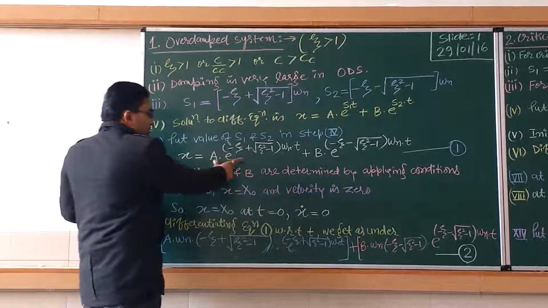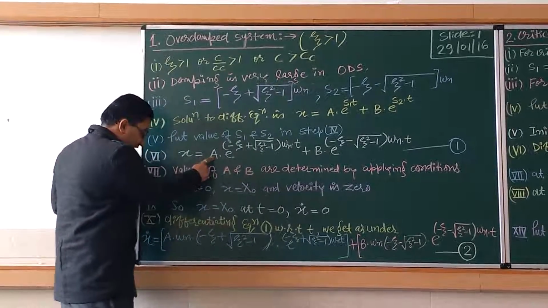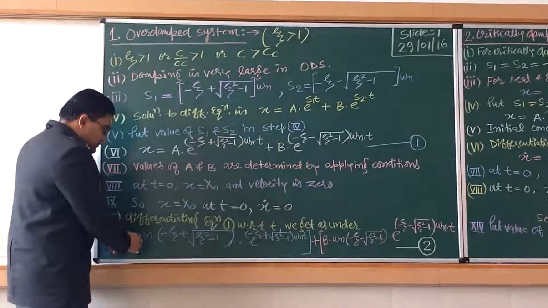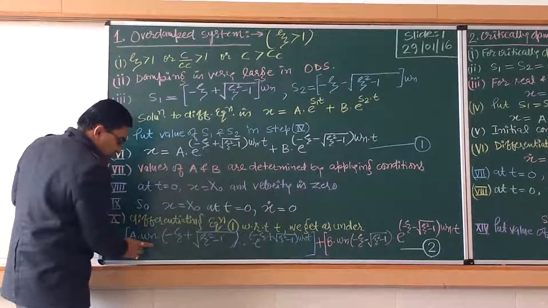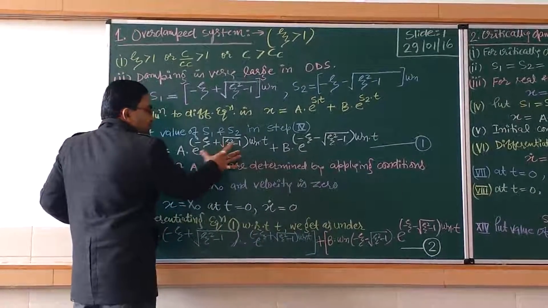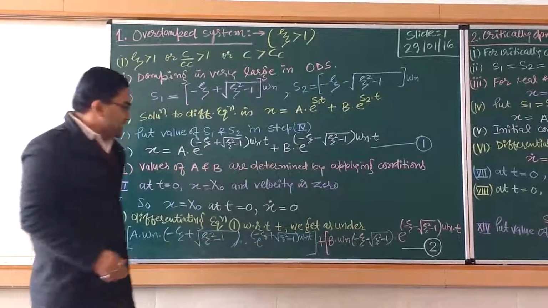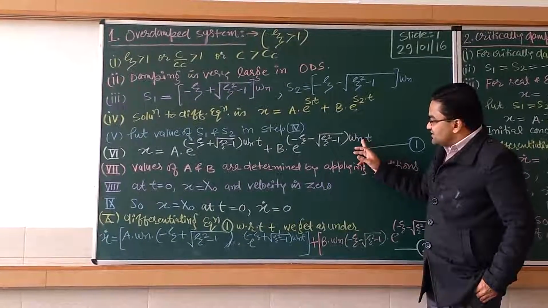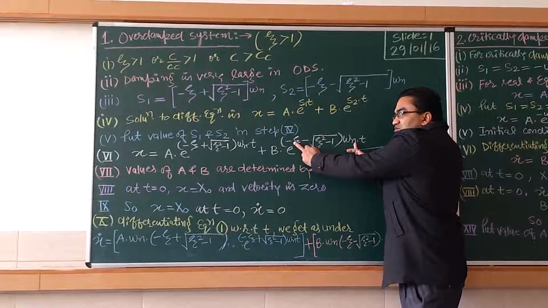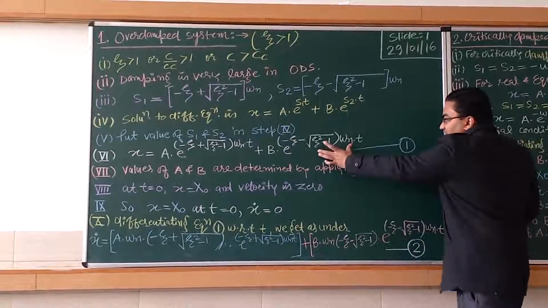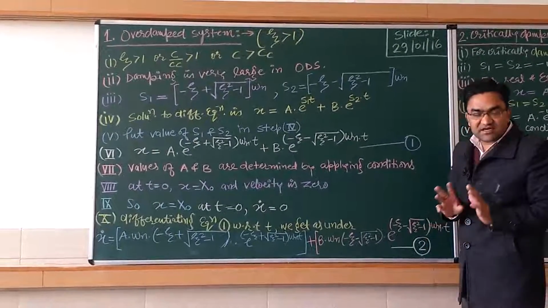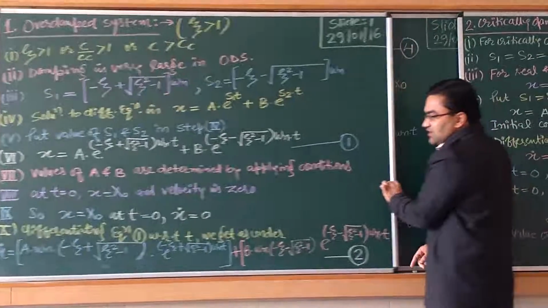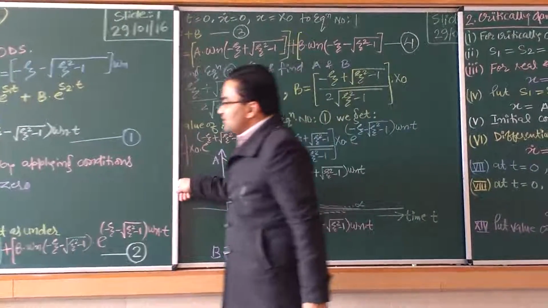If I differentiate this equation, A is constant, A as it is. The coefficient of t comes down, omega and this much is coming down, into e raised to power, e as it is. Clear? Yes, sir. Similarly for B, the coefficient of t comes down and the e portion remains as it is. So that is quite clear. Clear or not? So let us see. This becomes equation number 2. This is x dot.